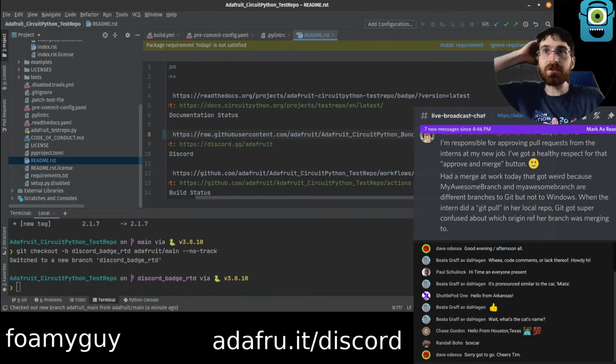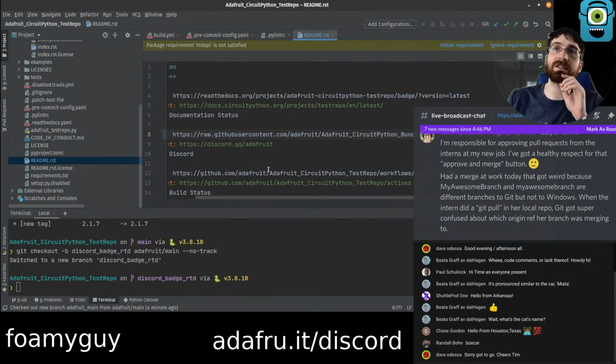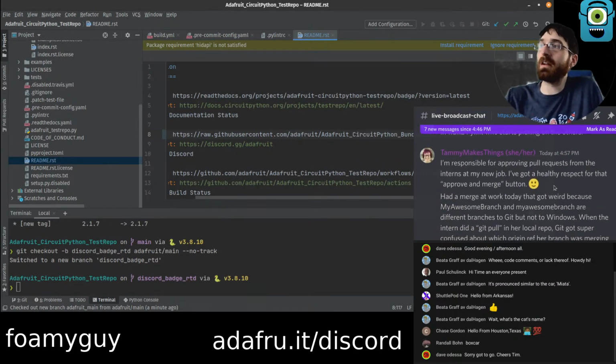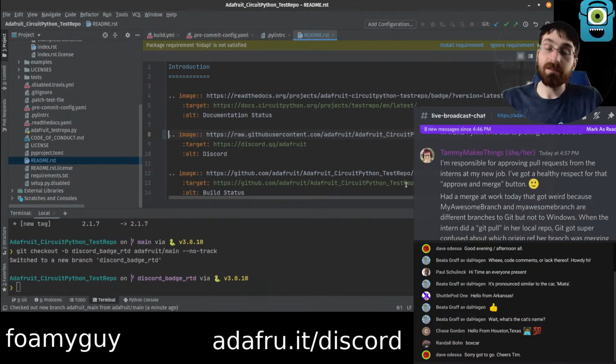Feel bad. I should have thought to try this on Read the Docs, honestly. I literally did test this yesterday. In fact, talking about the merging thing that we were just talking about, I literally did test this, and I was the one that merged it yesterday. And I just did not think to test it on Read the Docs. It makes sense why it would be different. Like, GitHub knows their own URLs, and they could switch it around to the raw file. It does make sense in hindsight why it works that way. I just did not think to test it, though.